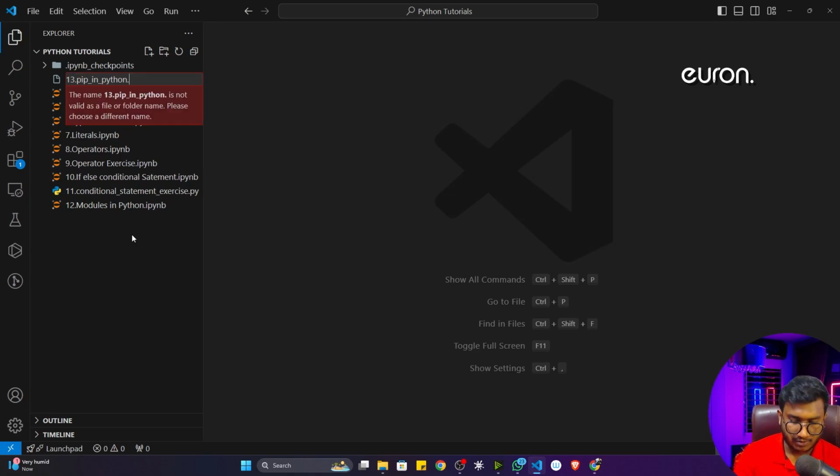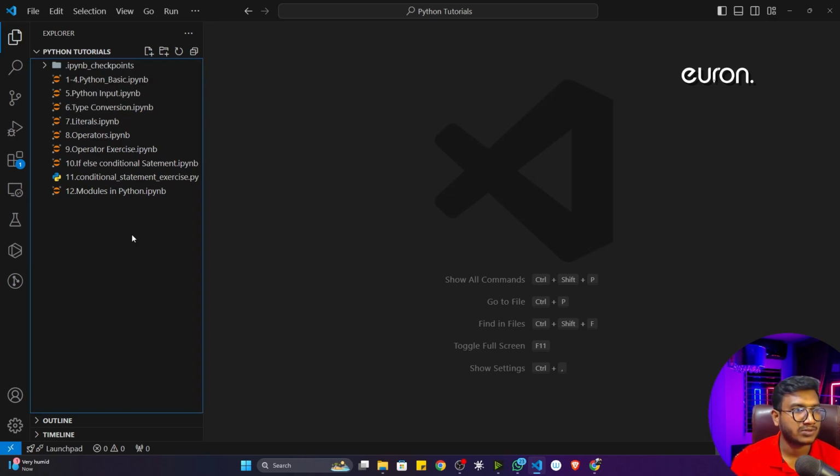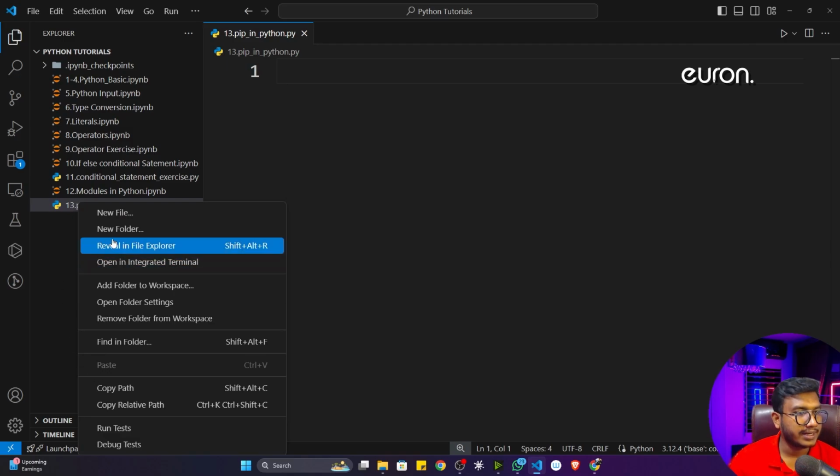I already told you, if you're creating a .py file, there won't be any kind of space. That's why I'm creating this particular file. Similarly, I will create another file